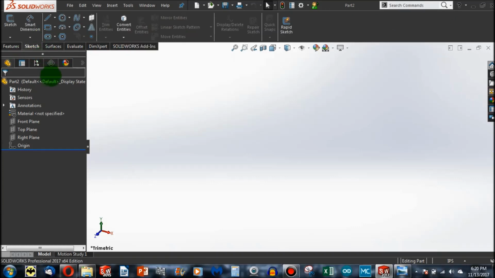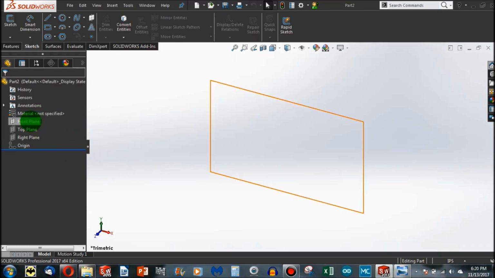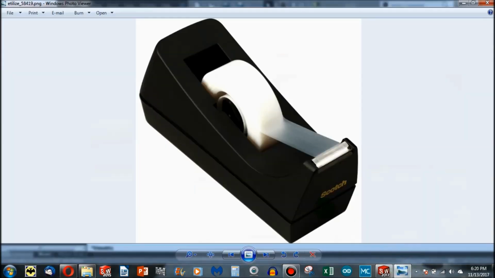So if I go on the sketch ribbon, and I have my history tree right here, which gives me all the things that I've done while making the part, I get to choose a plane. Now when I pull up my tape, let's say I want to start with this side of the tape. And learning SolidWorks, the more you do it, the easier it is to learn what you want to sketch first. I'm going to make an outline of this curvature